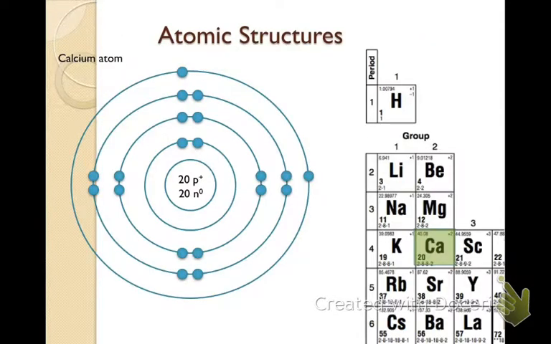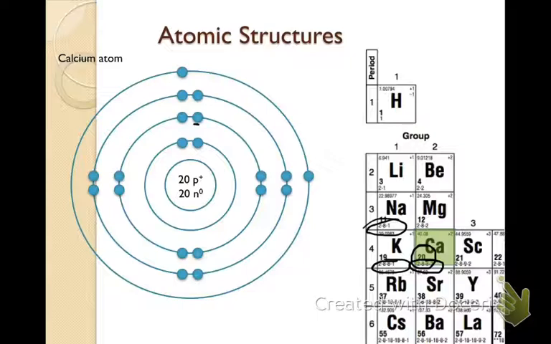So let's take a look here at calcium. We have 20 protons in the nucleus, and we know we have 20 protons because the atomic number is 20, and we'll talk about that a little later on as well. Down here, the lower left-hand side of every one of these boxes on the periodic table is the electron configuration, meaning you have pretty much what electrons are in each energy level. So the first has 2, the second has 8, the third has 8, and the fourth energy level here has